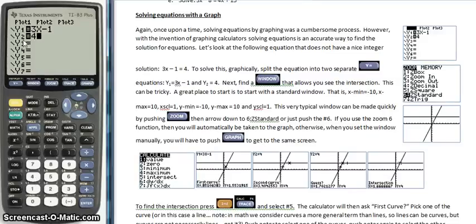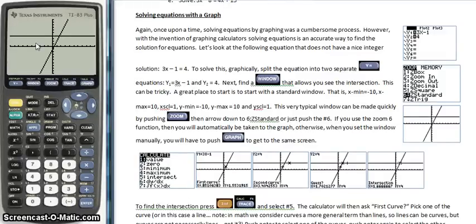Now what we're interested in is where these two things cross. At this point, if you have just turned on your calculator and you haven't messed with the window at all, you should see the point where they cross. This spot right here is the solution. And the x value to that solution, if you could follow it right down, would be right there. Obviously it looks like it's between 1 and 2,